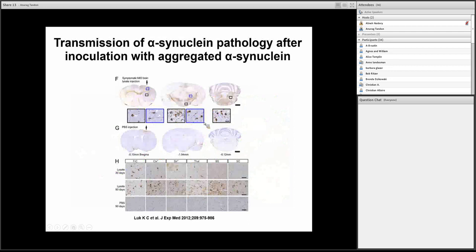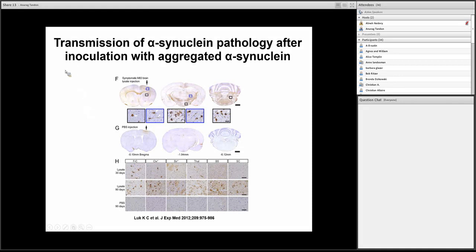And I'm just going to end. This is my last piece of major data, and this was published several years ago, and this was a really interesting study. This is Virginia Lee's group in Philadelphia, and what they did was they looked at whether,